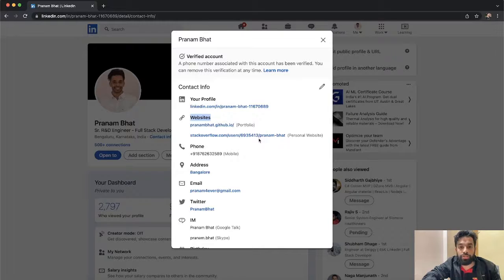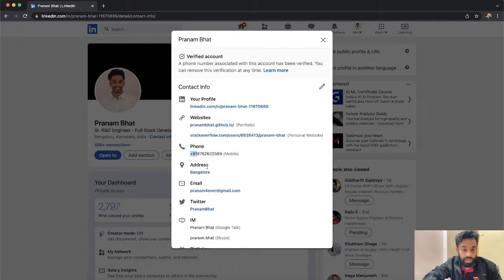If you are a student, you would have a HackerRank link or AMCAT examination profile link. Mention those links in the website section, and also add your contact details with proper area code.